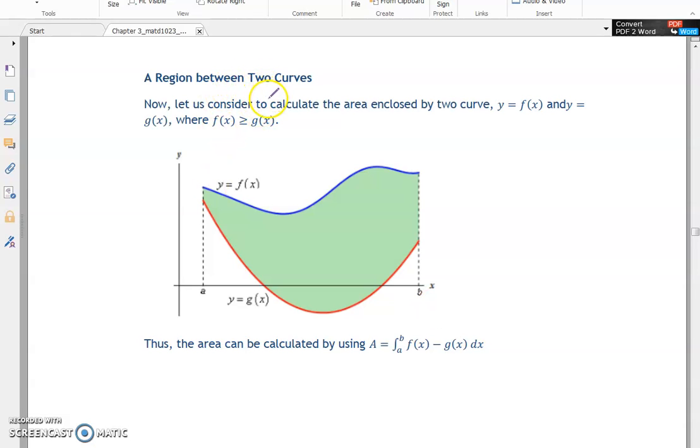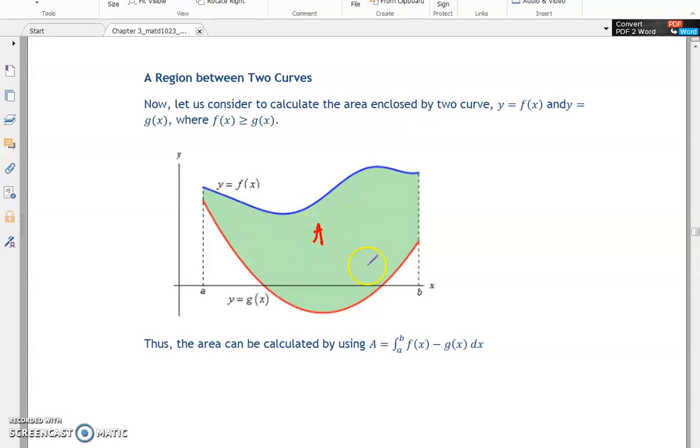Okay, now let us continue with finding the area between two curves. Let us consider we have this kind of graph, where the graph in blue color here is f(x), and the red color graph here we call g(x). In order for us to calculate the area between these two curves, let's say I name this one as an area A,